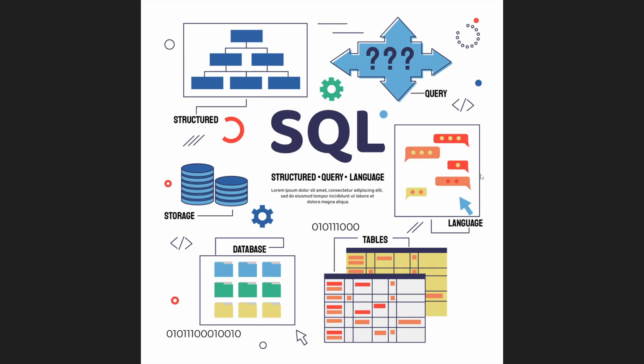So try to learn Structured Query Language. In this, you have to understand the different types of queries. You have to learn what a database is, what a table is, and you have to understand how to design a database and schema design. Everything you need to know. And we have to understand the relationship between different tables and data. If you are strong at SQL, then you can stand out in most backend interviews.